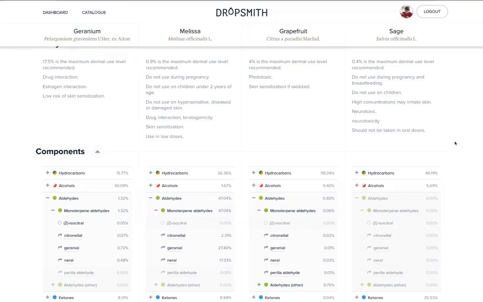So now let's say we choose geranium and grapefruit because they are the safest ones, just to move along to